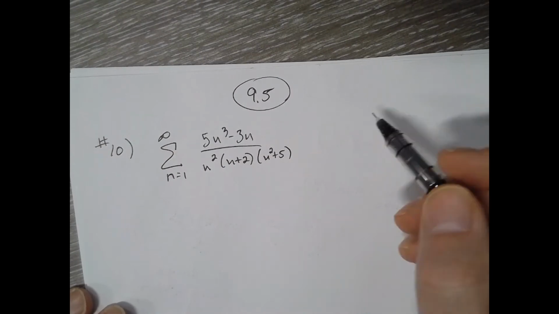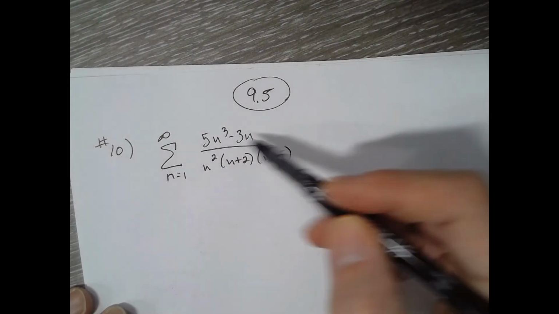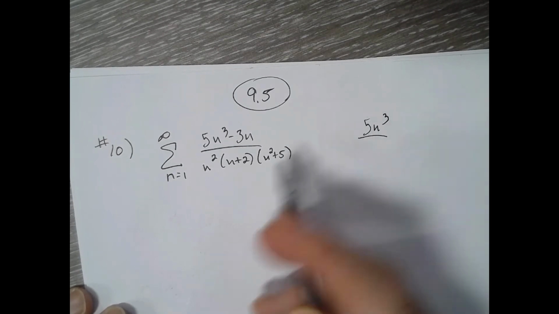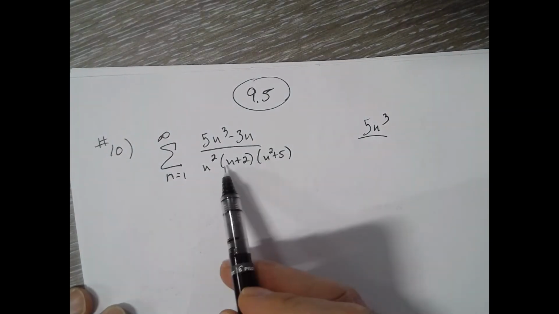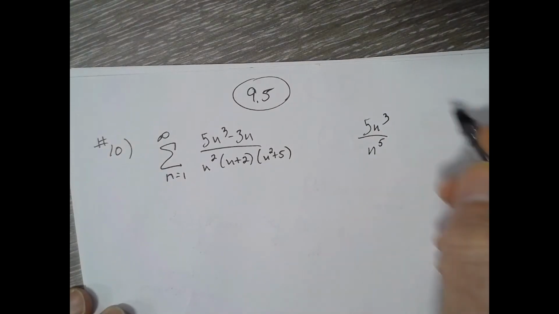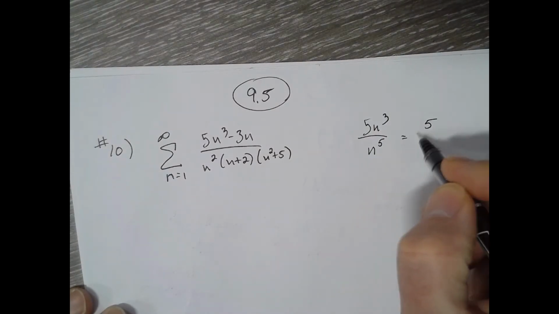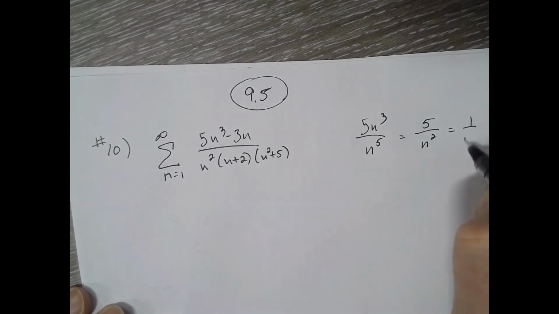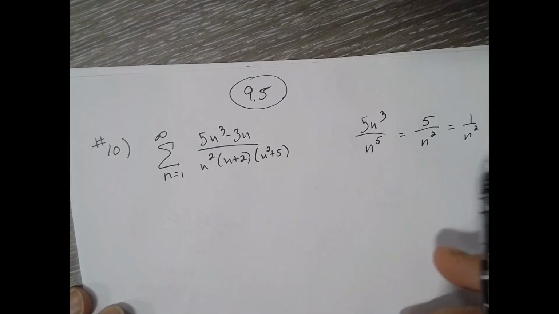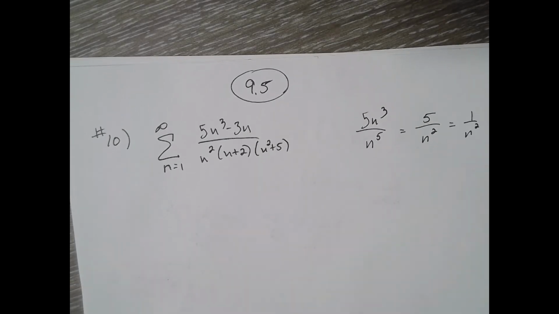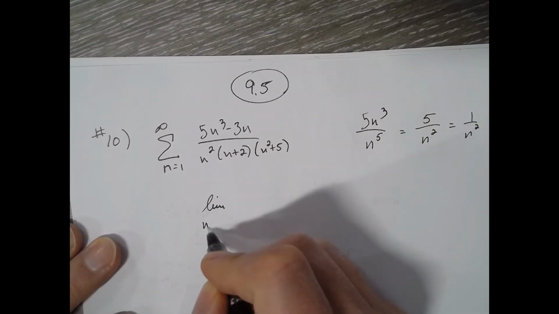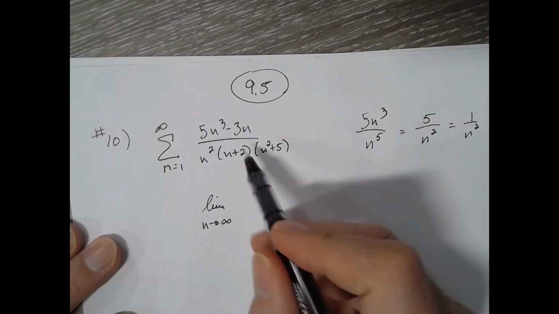So let's look at the n behavior model of this. I've got 5n cubed on top, and if I distributed all these out, I'd get an n to the 5th on the bottom. So you could compare that to 5 over n squared, or if you wanted to just make it 1 over n squared, these are going to probably behave the same. So you can see I'm using the limit comparison test here. So if I find the limit as n goes to infinity of the original,